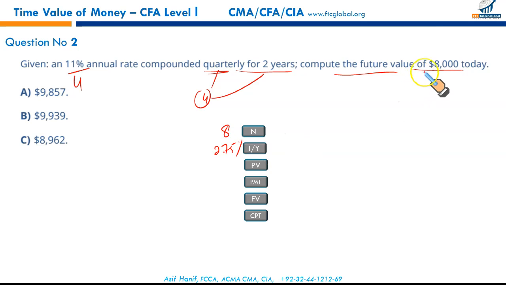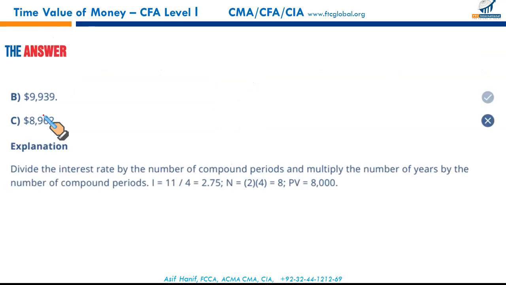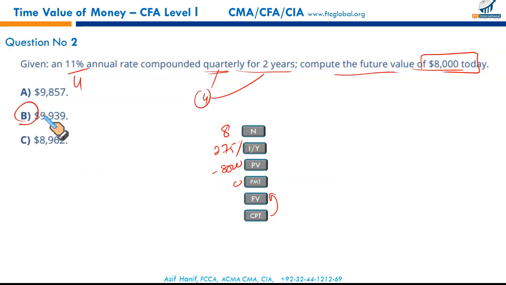Present value is $8,000 today. Negative or plus doesn't matter. If you put PV negative, FV will be positive. If you write PV positive, FV would be negative. It doesn't make any difference. You will get your result. So payment is 0. You punch in these numbers, compute FV, you should get your result, and it should be B. I'm sure you have your calculators with you. Punch in the numbers and you will match the result, and I think it would work for you. We can do many questions this way rather than just punching the numbers on calculators and then spending 2 to 3 minutes per question. So we got it right, 9939.